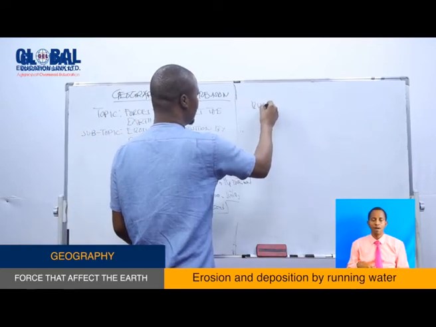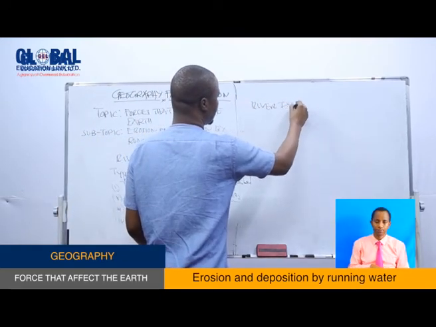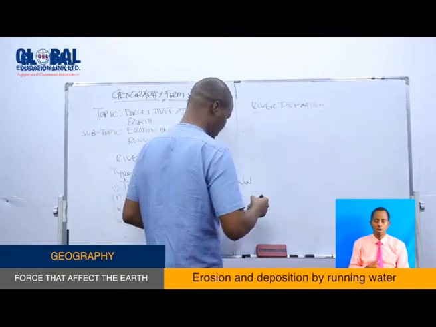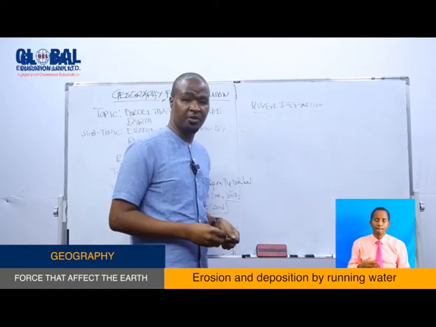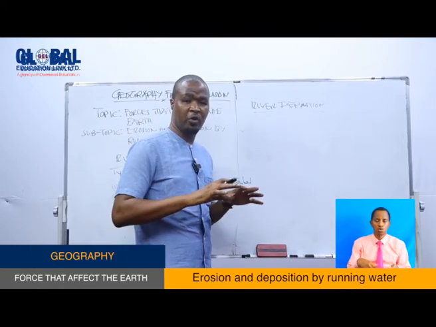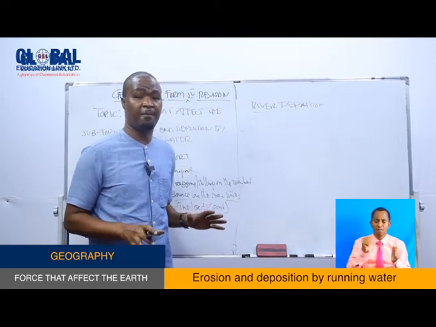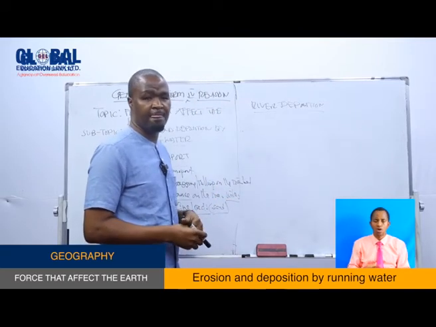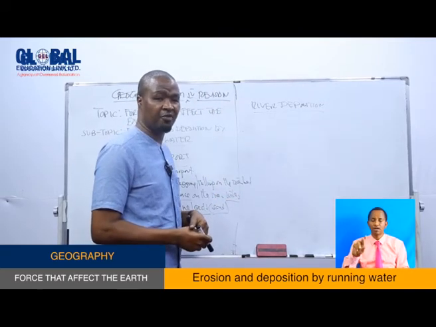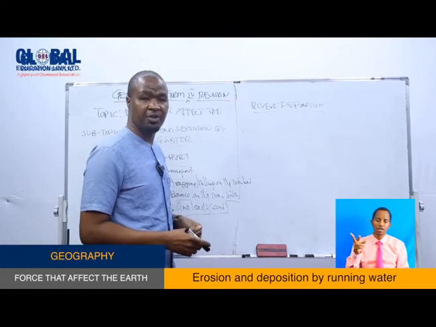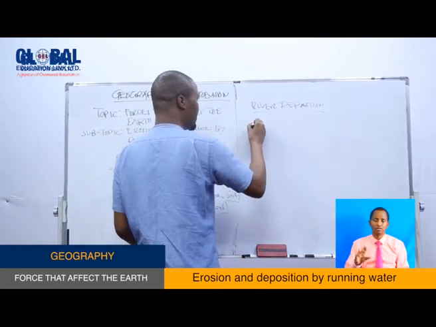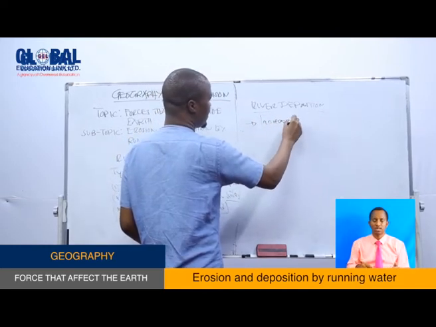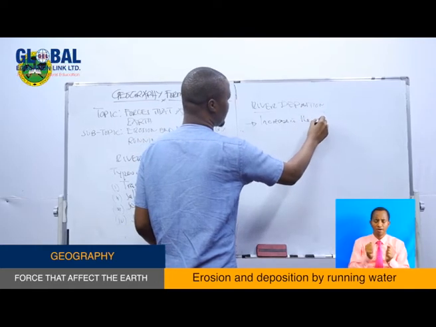River deposition refers to the situation whereby the river releases the material it transports. It is the process whereby different materials are accumulated and left by the river somewhere else, normally at the old stage of river valley development. So the reasons for river deposition: either there is an increase in the amount of loads,